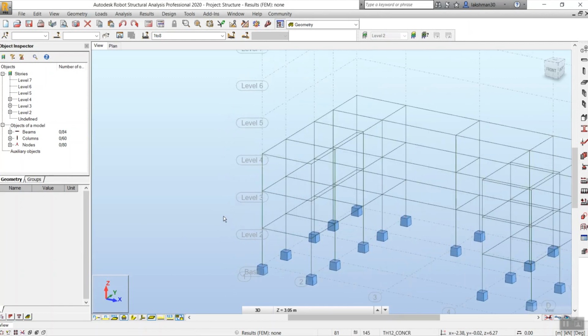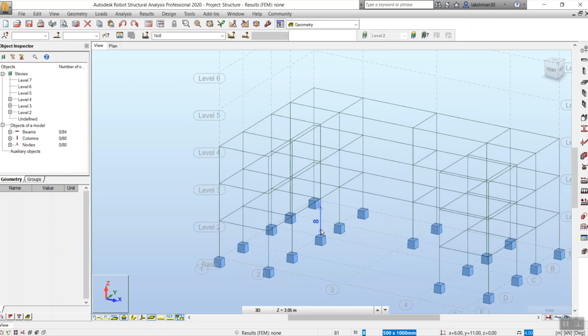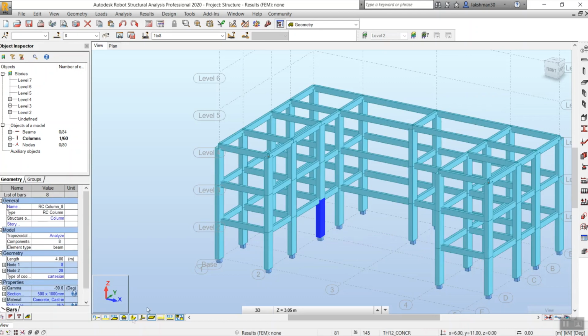And as I said earlier, the main point to be noted here is analytical properties, analytical lines. Only the analytical lines from my Revit structure have been transferred to the robot. If the element doesn't have the analytical properties, the things will not get transferred to the robot. You'll get the error message over there. See, our columns and beams have been transferred here.